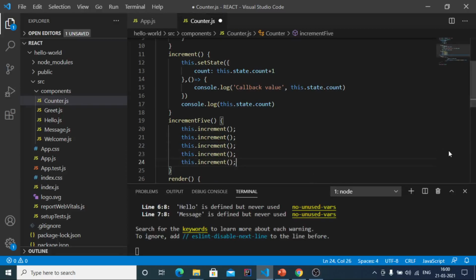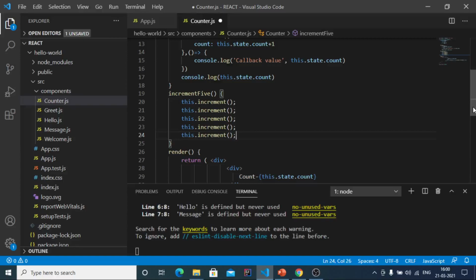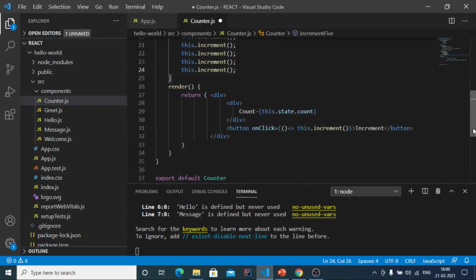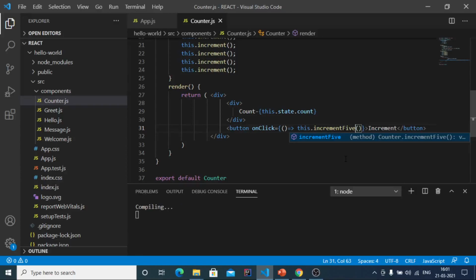So here we are incrementing. You are calling the increment function 5 times, and if you call the function increment 5 here, we should expect in the browser that the value of count should be incremented by 5, because we have called the increment method 5 times. So save this file,